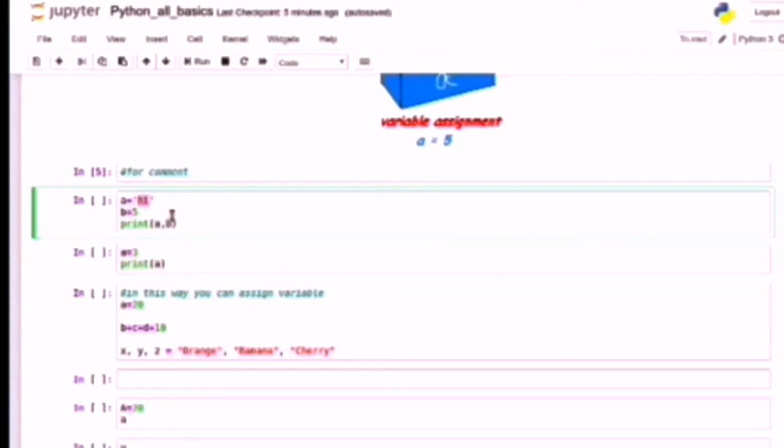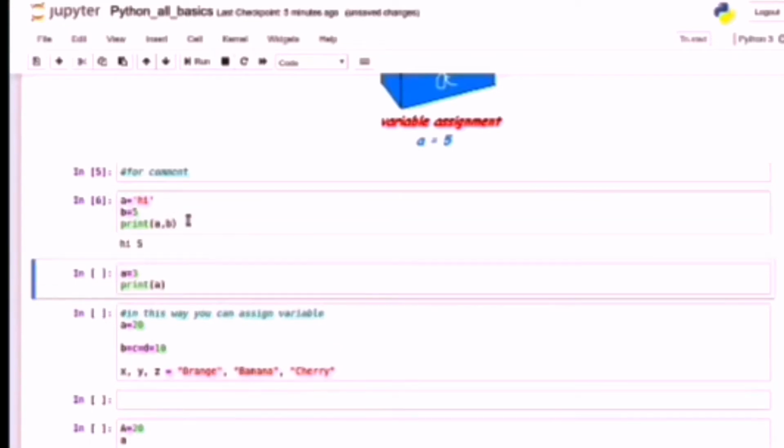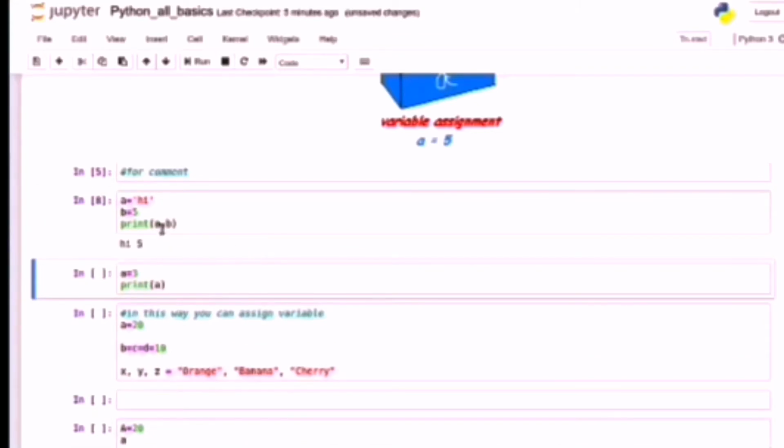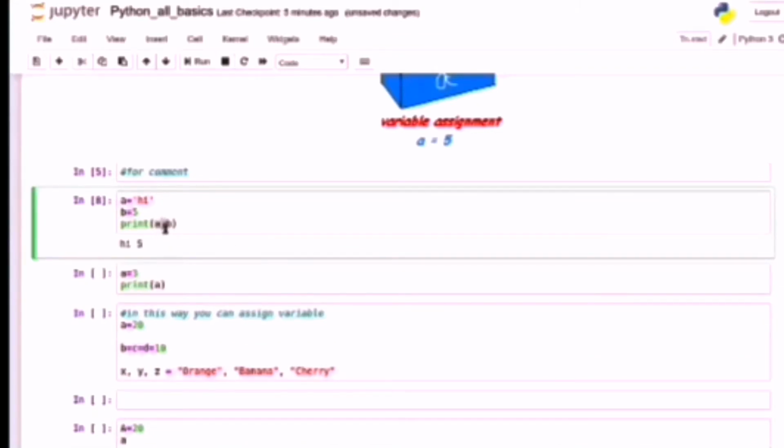If you give any number value, it is named as an integer. And print a comma b, you will get the output hi 5. If you do not give the comma, it will be an error. So use a comma b and then the output will be hi 5.